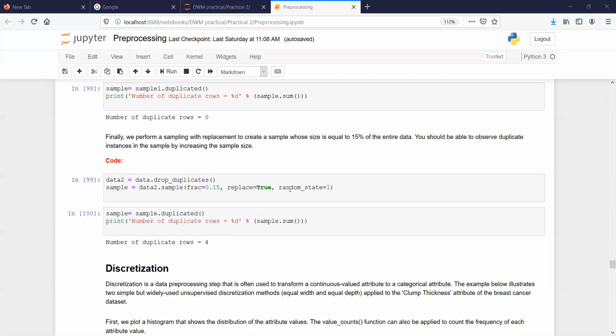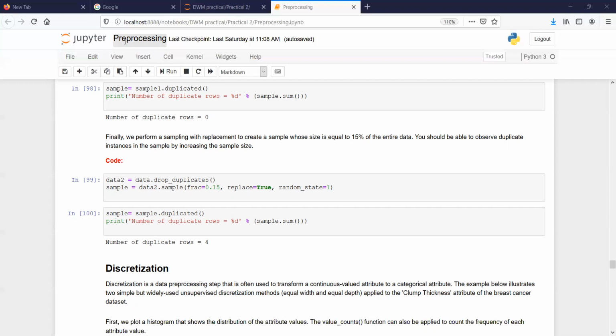Now I am going to explain one more thing. What is this random state equal to 1? The rows are picked randomly, but whenever you give random state equal to 1, you will get the same set of data points in the sample. What is the purpose of this? If you are going to compare two models, or tune your hyperparameters, you need the same set of data for training and testing.